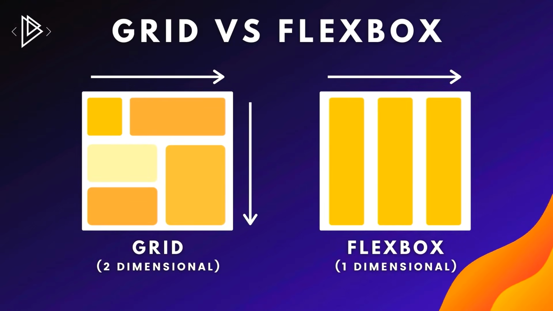The main difference between the two is that Grid is a two-dimensional system and Flexbox is a one-dimensional system. And all that basically means is, with Grid, we have control over how we lay out our elements horizontally and vertically, okay, or across the rows and the columns at the same time. Whereas with Flexbox, you're laying out your elements either in a column, like we have here, or in a row. You have to pick one or the other. We can't do both within a single Flexbox container. So that's the main difference between the two. And actually, Grid and Flexbox work really well together.